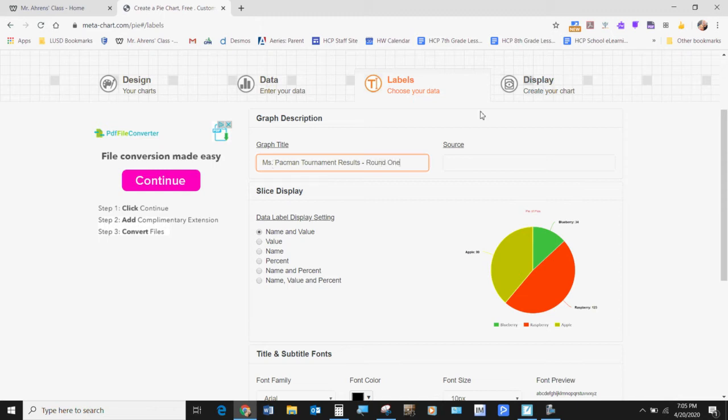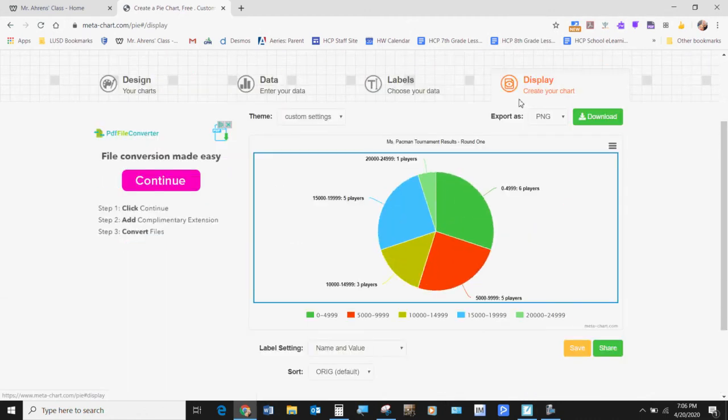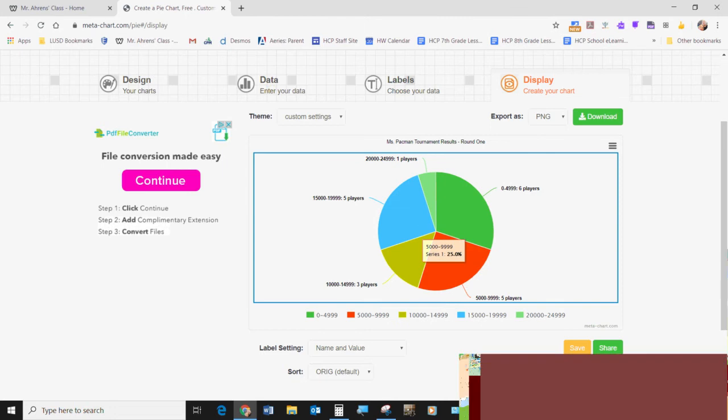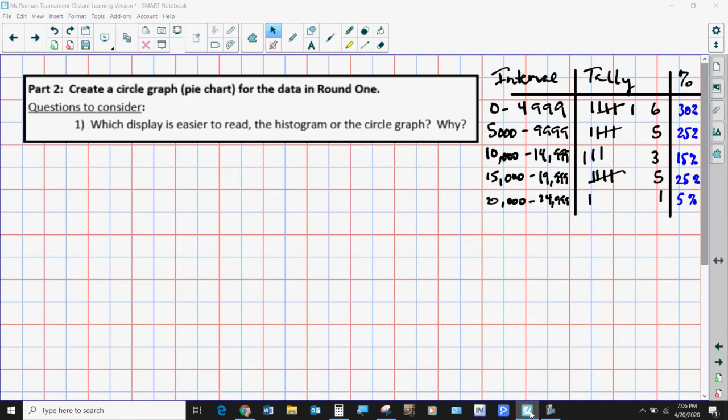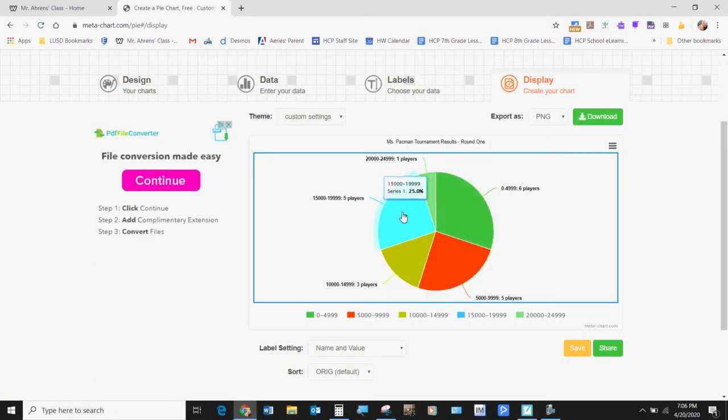Okay. Now, what does this look like? At any point, you can put this in, and the only thing I don't like about this is 1 players just bugs me, but whatever, we can leave it like that. There's no way to have these all be plural and then that's singular. Notice how when you scan over it, it automatically tells you what the percents are. So we can verify that we got all of our percents here correct just by scrolling over top of this. All right, so that's a nice plain